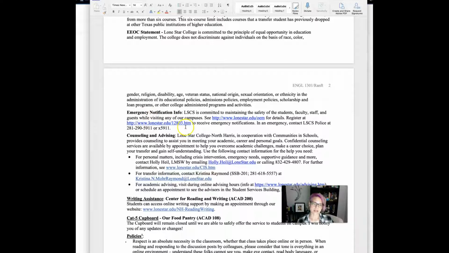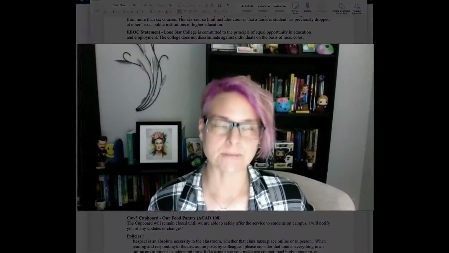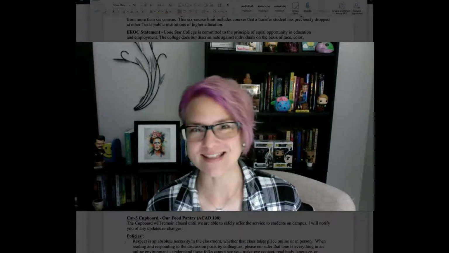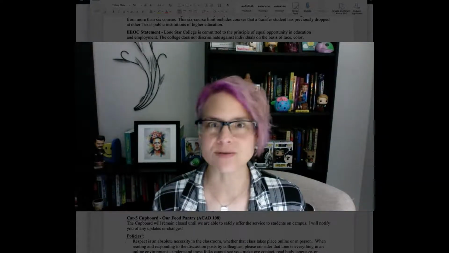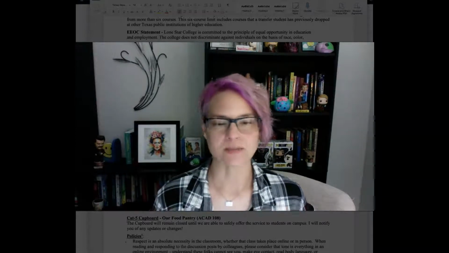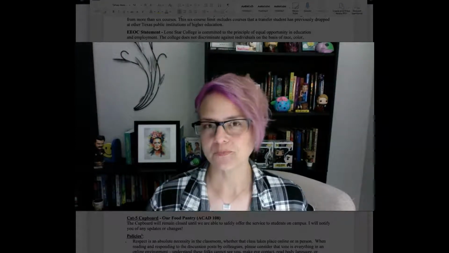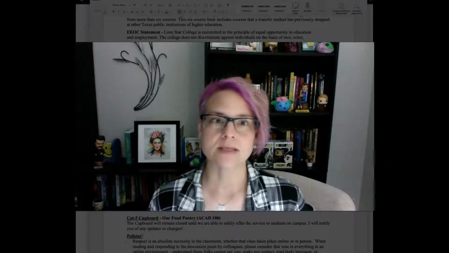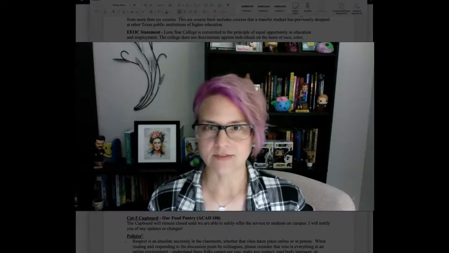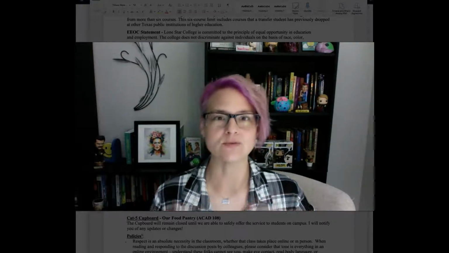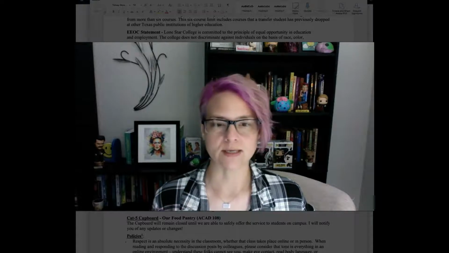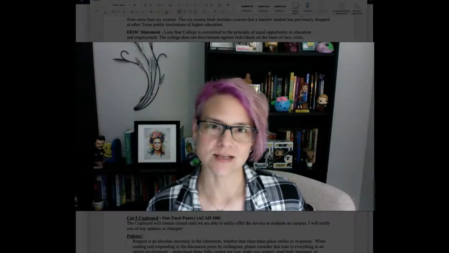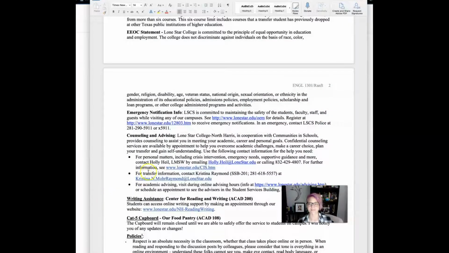The emergency notification information is really key, especially because it seems that we in Houston are always dealing with things like that. So whether it's a hurricane or a winter storm, or if a campus is on lockdown for whatever reason, if you set up your contact information there, you'll receive a text message, which is great because you don't want to come to campus if the campus is locked down, right? So to avoid a dangerous situation or whatever may be occurring, make sure your information is updated when you log into My Lone Star, okay?